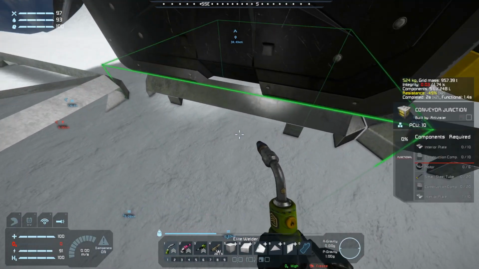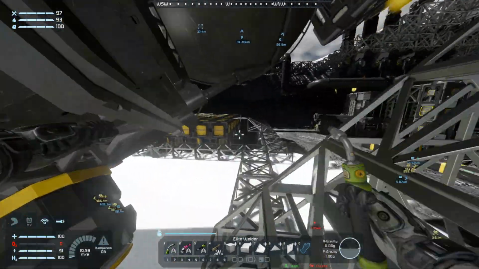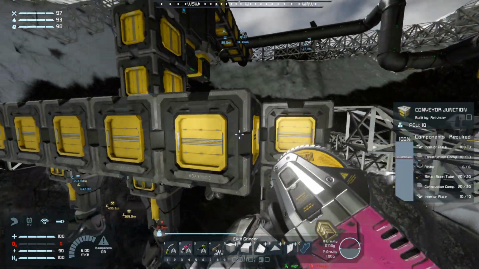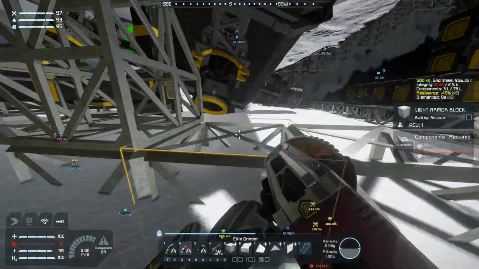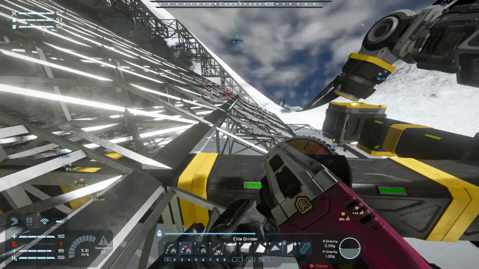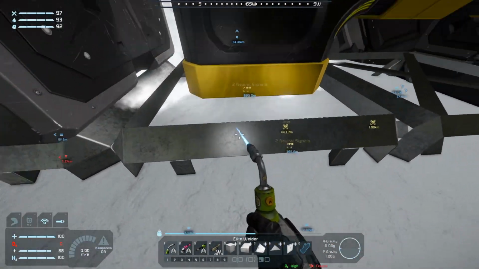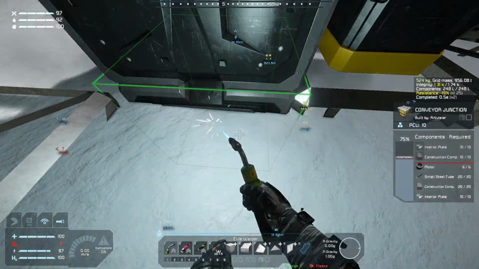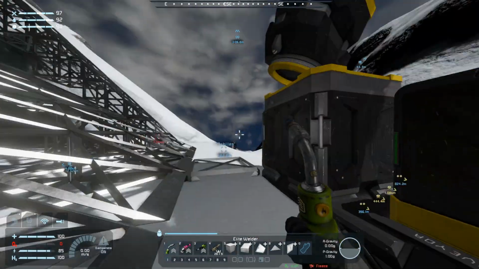And how are we going for these? Actually, what I can do is just grind down a couple more of these. I have an excellent storage of conveyors right next to me. That'll do. So let's weld them up. If I can point at it. Oh, that's one of them. And that one. There we go. Okay, so